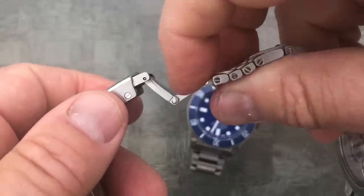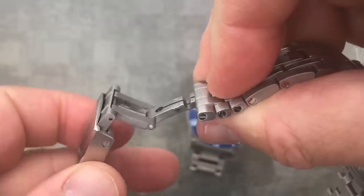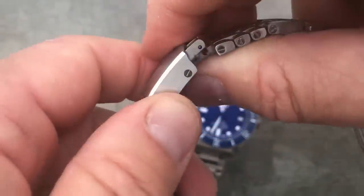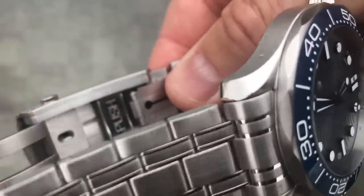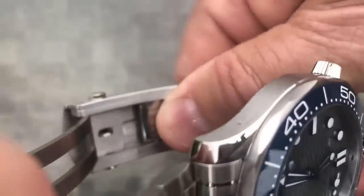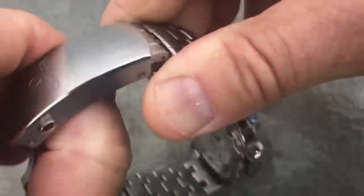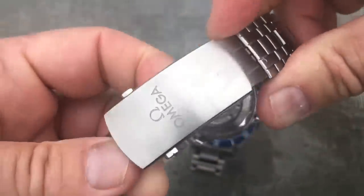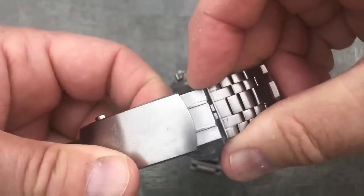Which I like. I think if you're going to put it in there, stick it in my face that it's milled out, not stamped. But here is the way. See that little button that says push right by my thumb? Trying to focus. It says push. And if you do push and then you pull the clasp out, you'll notice you have in and out, and